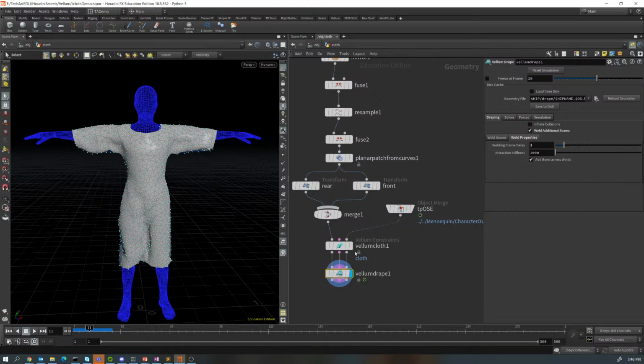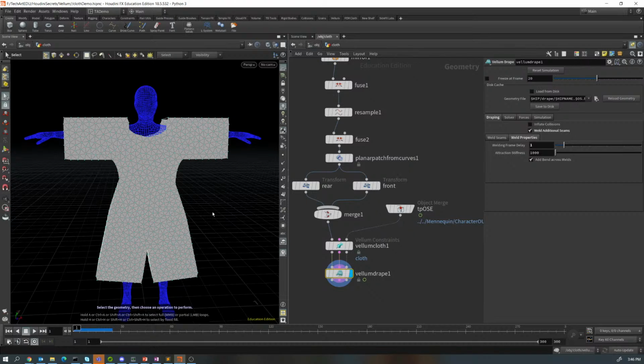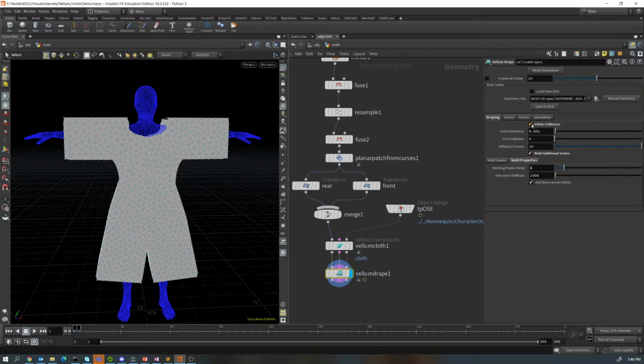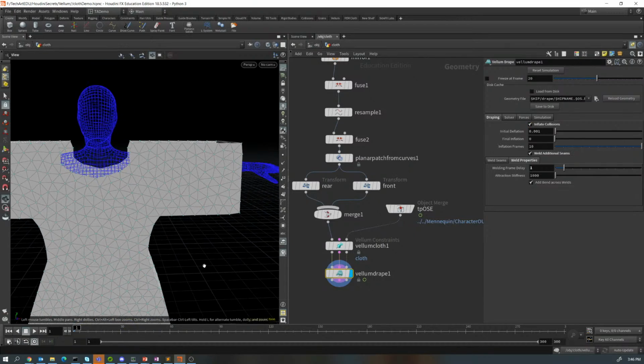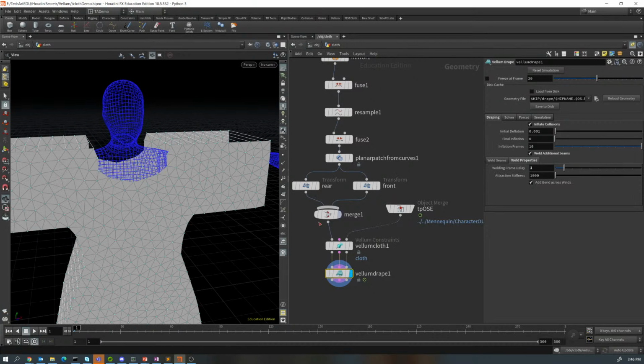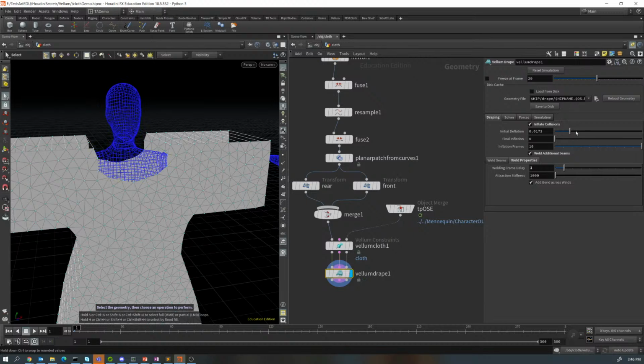Now, one of the points, if there was some kind of interpenetration, what could we do about that? Well, one of the things we could do is shrink our collision geometry. So if we go into the drape, and if we go into where it says inflate collisions, notice here what I'm going to do is grab this initial deflation and increase it, and we see our character kind of whittle away, a little bit like Beetlejuice. Okay, so if we do this initial deflation on there,